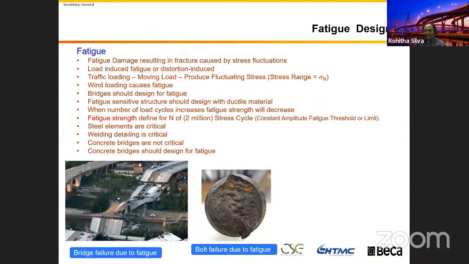I think we learn what fatigue is. Fatigue always results from fluctuating stress. Is the bridge going to be subject to fluctuating stress? Yes, because when you build the bridge, you have a dead load, and your superimposed dead load is there. There is traffic passing all the time. Every time traffic is going